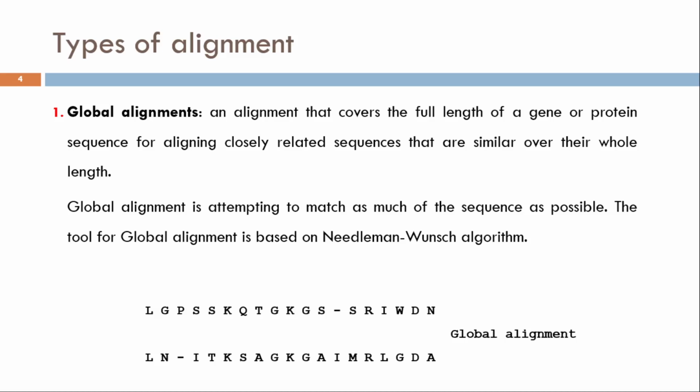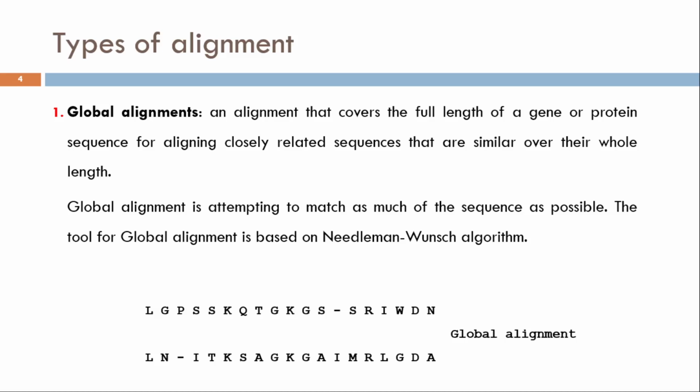Now the question arises: when to use the global alignment and when to use the local alignment. Whenever you have two sequences and the lengths of both are the same or almost the same, in that case the global alignment will give a better result. If there is a huge difference in length, like on one side there is the genome of an organism and on the other side there is one gene, which obviously is shorter, then in that case, if you go for the local alignment, you will get more clues regarding the homology